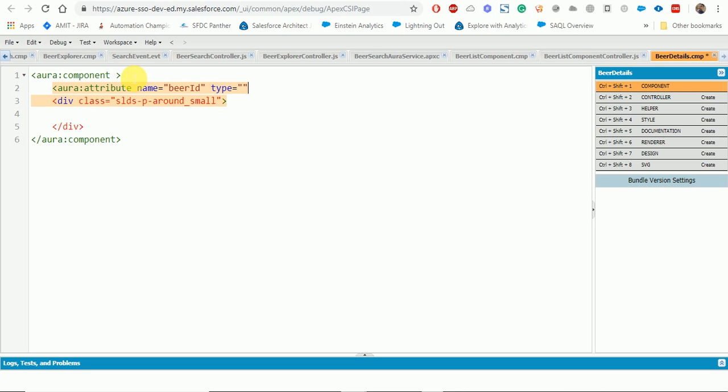Our type will be same as string, and with the help of beer ID we will display the information here for the beer.